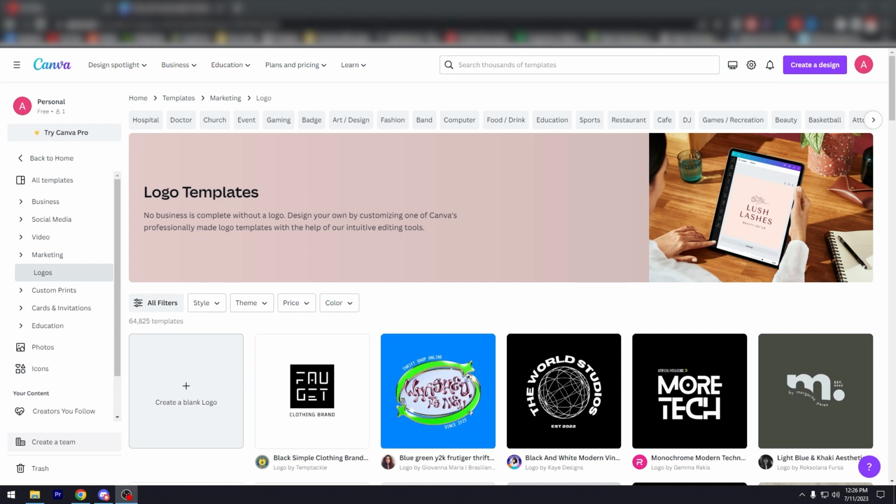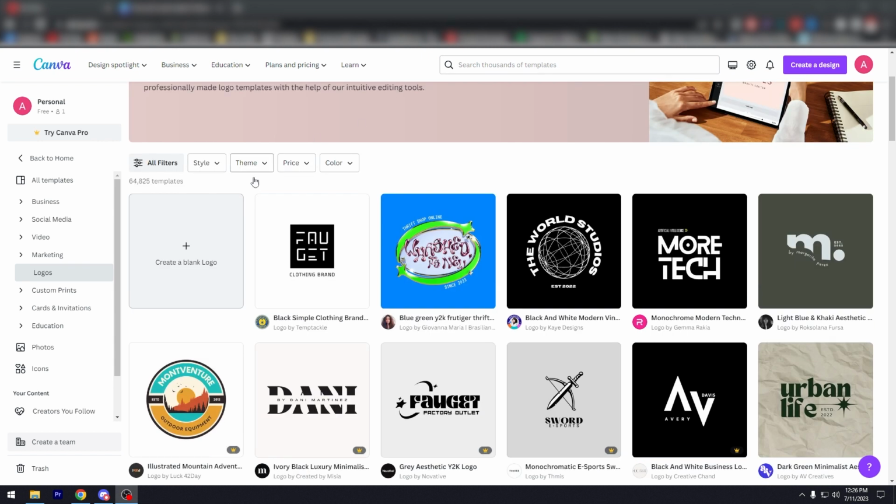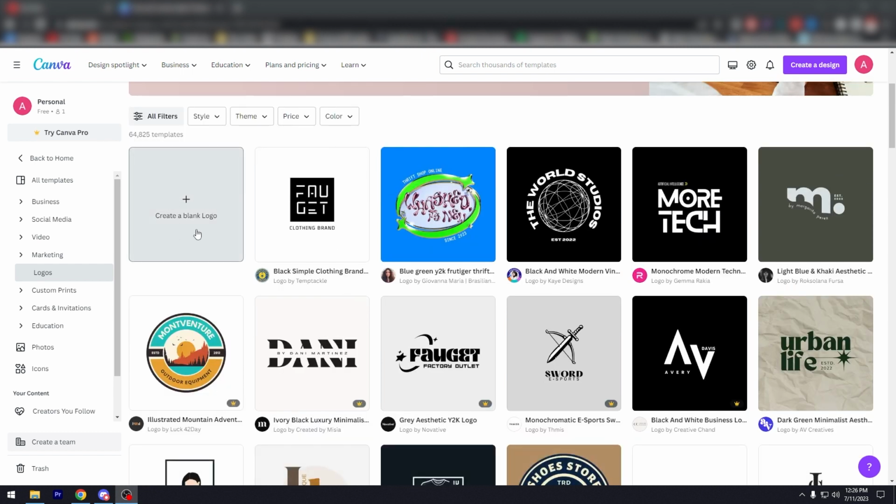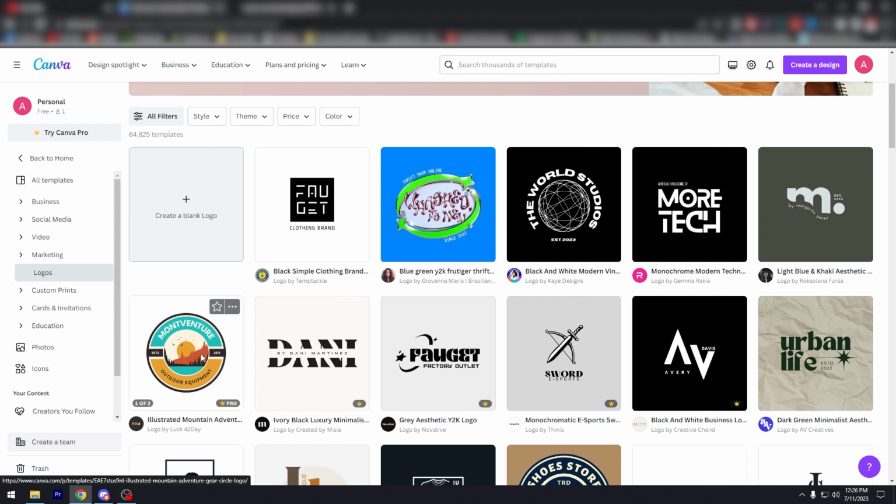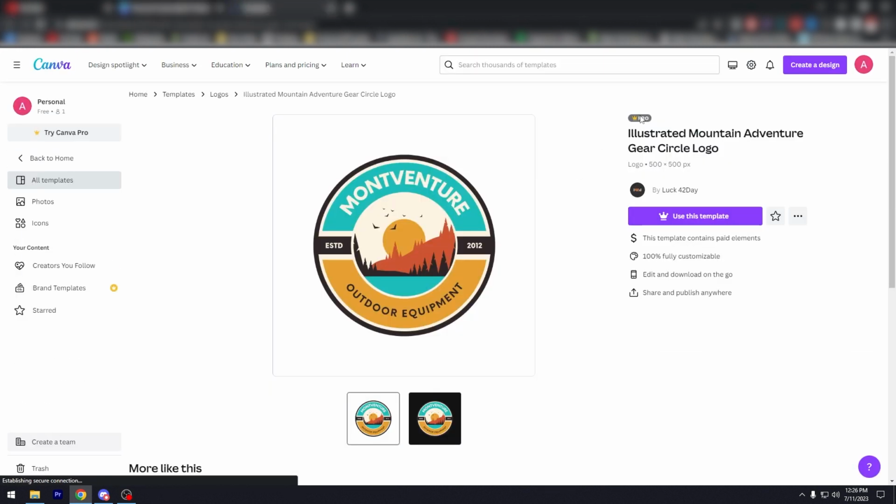And as you can see over here, there are different logos you can use, and you can also create a blank logo. It's already fitted the right dimensions, but as you can see here, you have logos for clothing brands, modern vinyl, modern vintage. I mean, tech. This is a good one, but you're gonna see here if you click on something that has a crown, it's